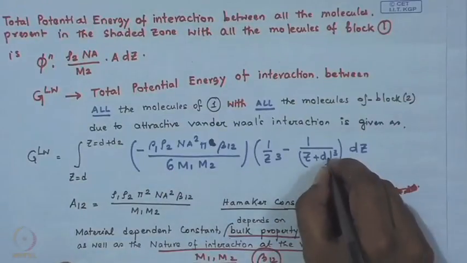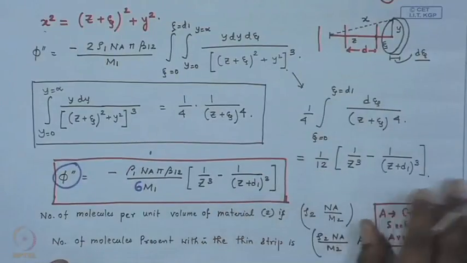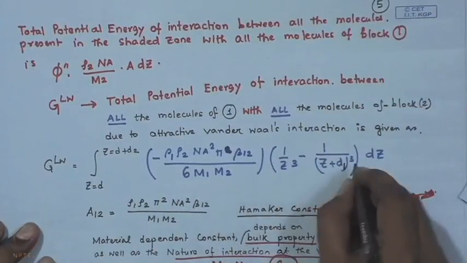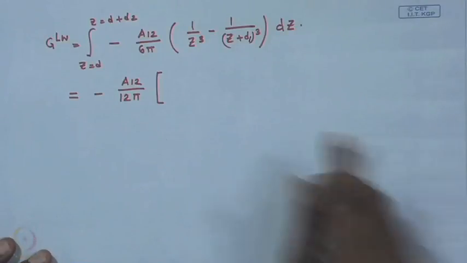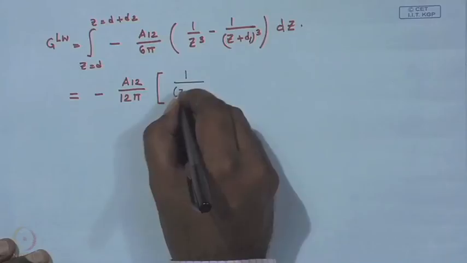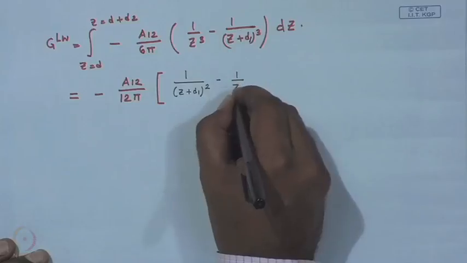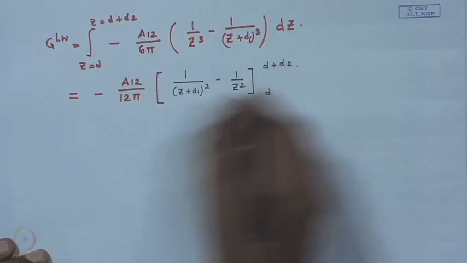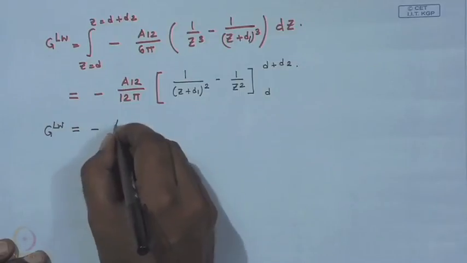This will be d 1, I am sorry. Yeah, this is d 1. So, be careful, this is d 1 square. Just get it corrected, we missed out this d 1. So, if you do that integral, the final expression for GLW is minus A 1 2